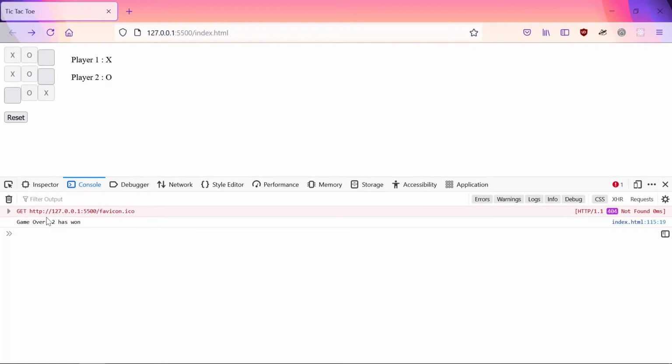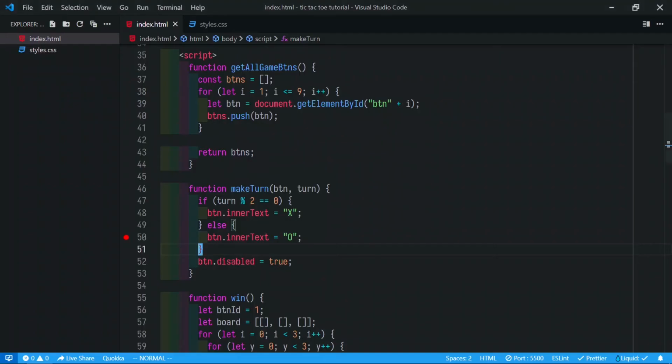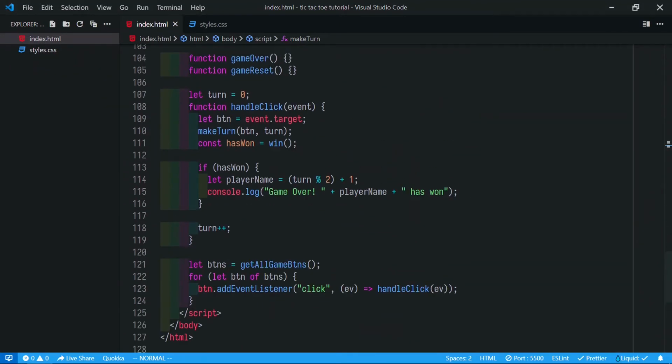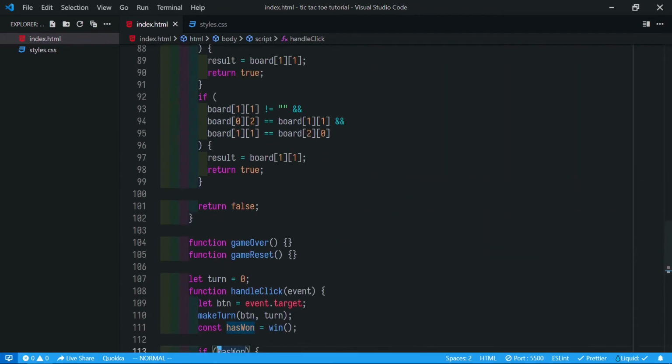Yes, O is player 2 and player 2 has won. We can also see player in the message here, game over, player, then the player number has won. Our has won function is now working.